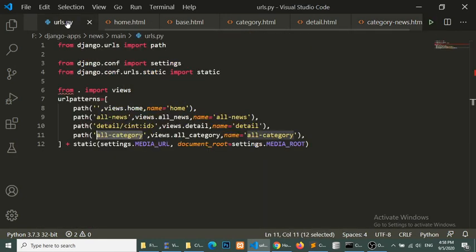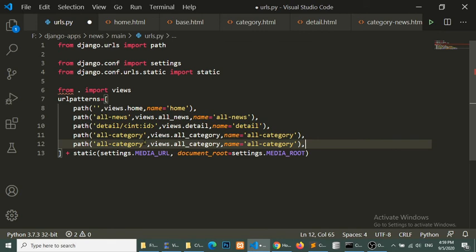So first of all we need to create a URL for this. So here we will define a URL category slash int id, and here we will put the category